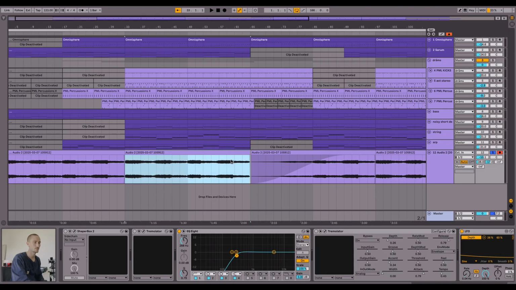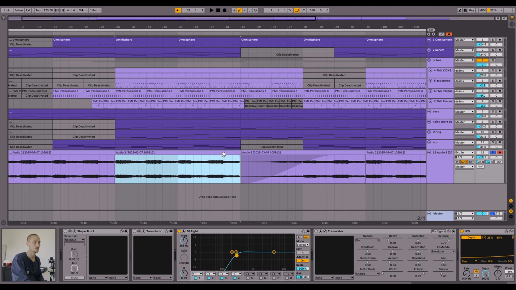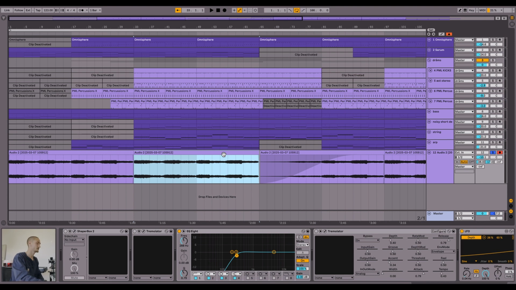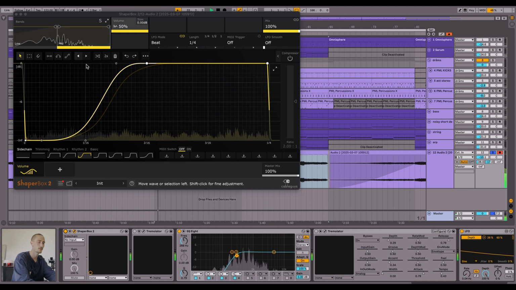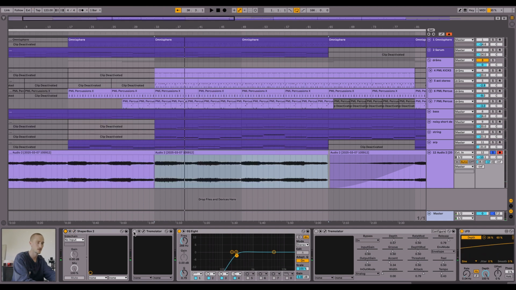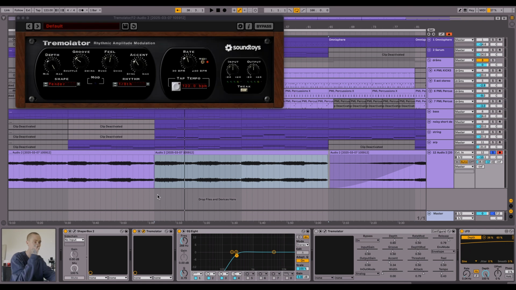So this project started with this old sample I did, I can't remember what it was, on the Digitakt, which has just been sitting on my computer, and it sounds like this. This is without any processing in Ableton. Did this volume envelope, and I further enhanced it by adding a tremolo plugin, doing like 8th notes,